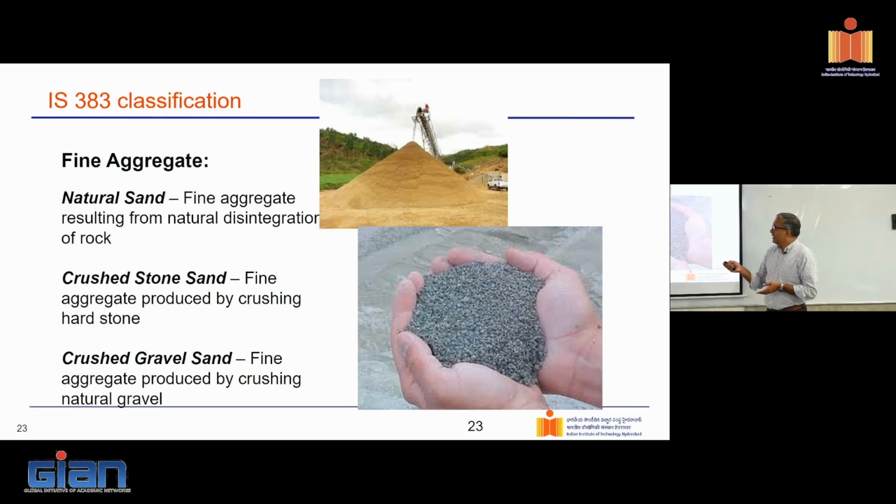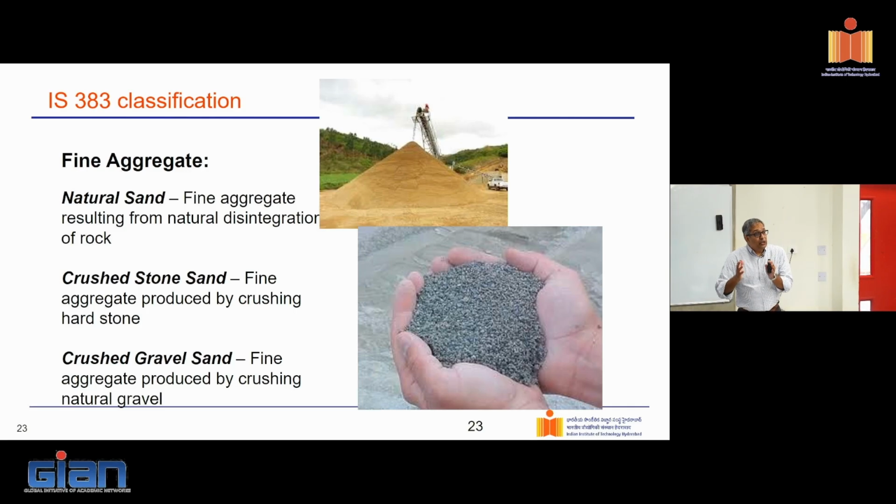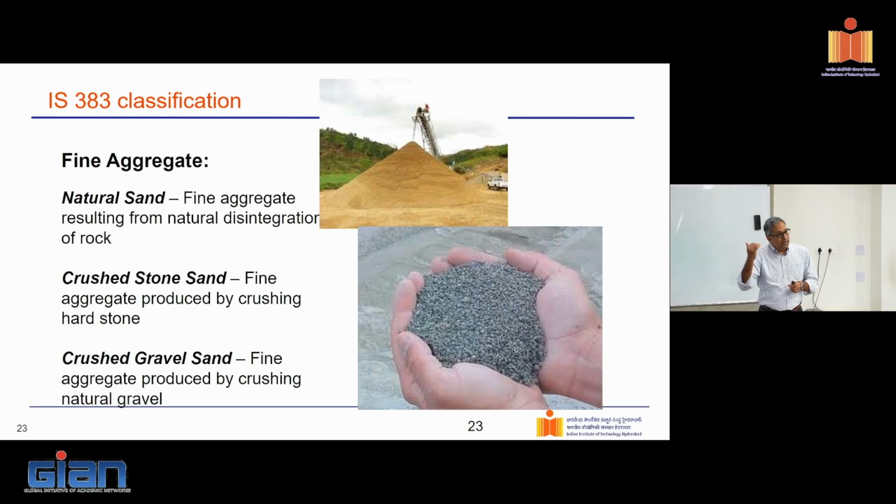What are those fine aggregate? So what do we call our fine aggregate? It is anything that is smaller than 4.75 millimeters, right? Or the majority of it, except for 5%, passes through a 4.75 millimeter sieve, and is called a fine aggregate. Previously, we used to get naturally available sand, which we used as fine aggregate. This has become a luxury, at least in the southern states. We don't get this anymore. In the northern states, perhaps sand is still available. Not sure, but I think it's still available.